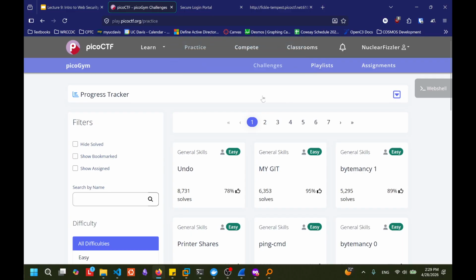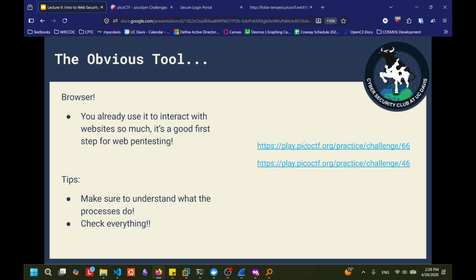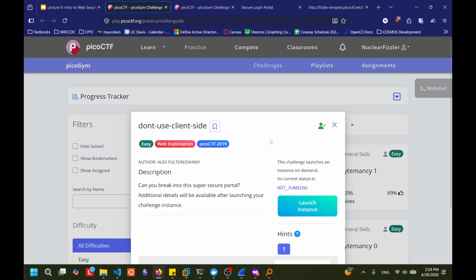The challenge was called No Client Side: don't use client side authentication. What was the problem of client side authentication? What's the issue here? They're given access to the source code so they can see how you're checking things. Yeah, exactly. It's like doing if password equals password, return true. If you have the source code for how to do the authentication, it's not going to take very long for an attacker to get it.